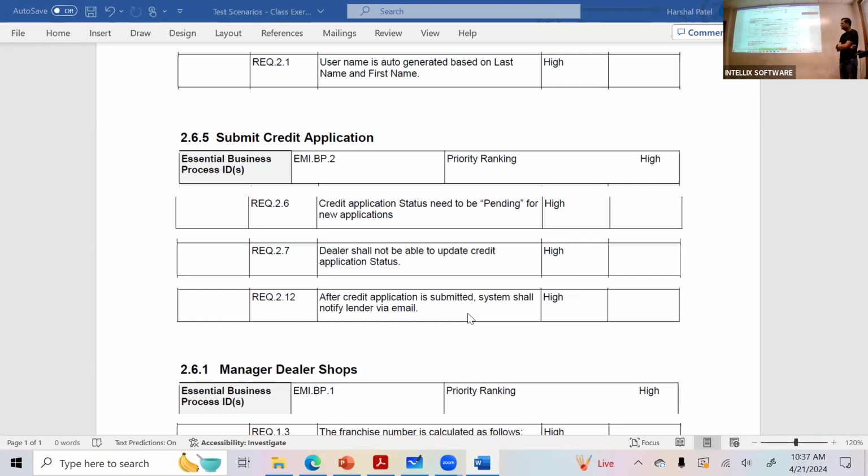The lender. Let's assume you have a valid email address. Now what? I will check whether the email is sent to the lender, meaning the notification is received by the lender. It is auto generated. So how would you check it?